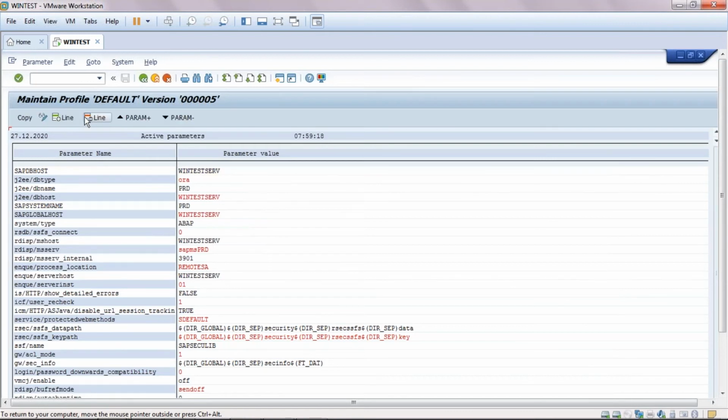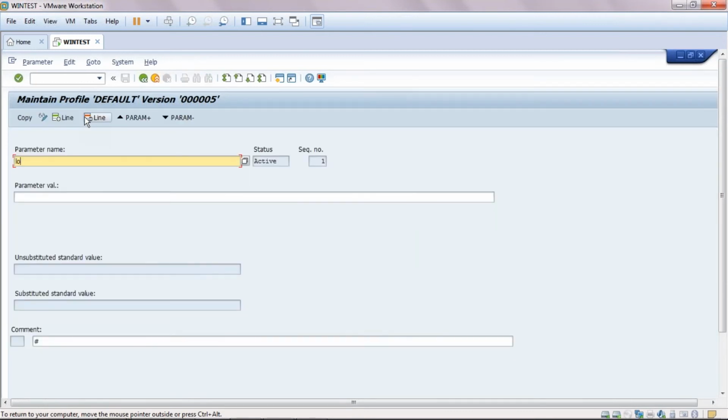Now I'll create a new parameter with the new value: login/system_client. Press enter. See, it shows the default value 001. Now I would like to change the value to 700. Just put in the value which you want.